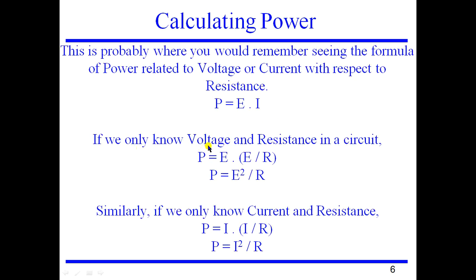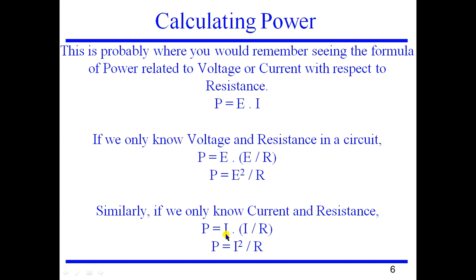What are the formulas? If I only know the voltage and resistance, I'm just going to use Ohm's law again, and I'm just going to substitute the value of I is equal to E by R, because I is unknown over here, voltage and resistance is known, E into E by R. This is according to Ohm's law. So I get E square by R. So this is the formula that I will be using if I know only voltage and resistance.